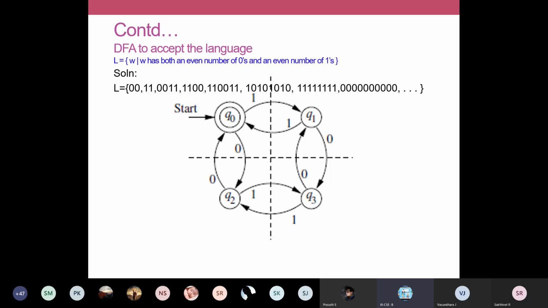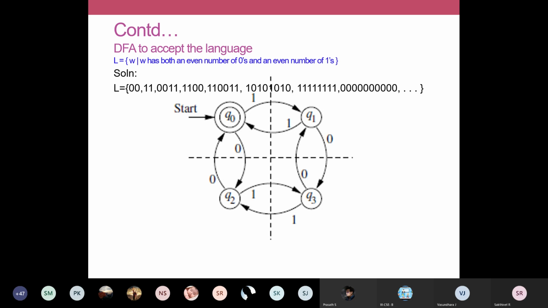What is given? Your input alphabet is 0 and 1, and the possible combinations are even and odd. With that, you can form 4 possible combinations, so you'll have 4 states. Since it is an even and odd combination, you will have a to and fro loop between the states. Just remember that and practice this diagram once. You just have a simple to and fro loop between states.